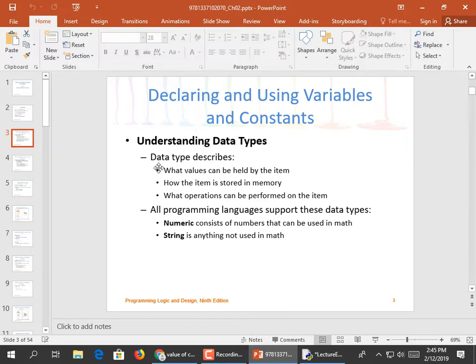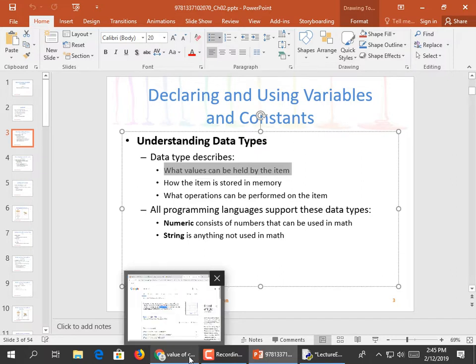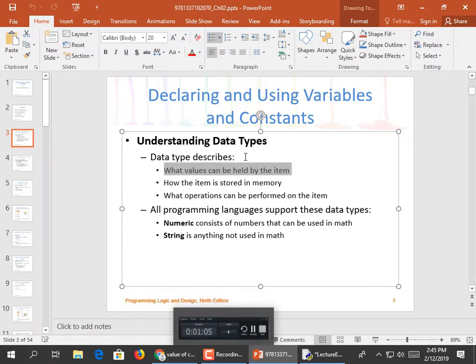So understanding data types. Data dictates. Had we started chapter 2? Come on. I'm going to look at y'all too. Y'all are the front row people. Nope. I don't think so. Okay. When I teach multiple sections of a class, sometimes my brain gets blipped. All right, so